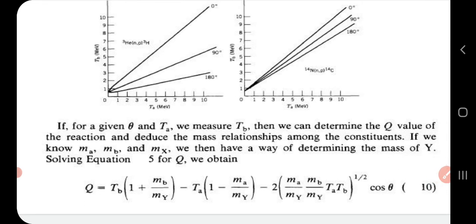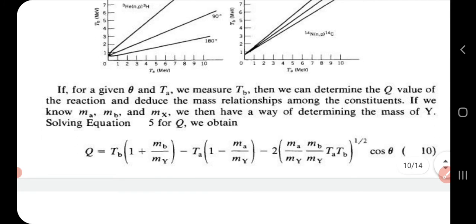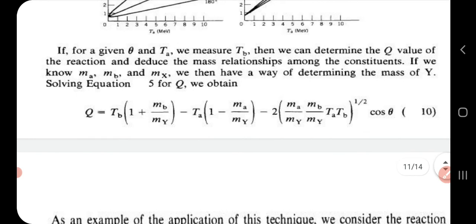Now for a given value of theta and Ta, we can measure Tb, and then we can determine the Q value of the reaction, and finally we can deduce the mass relationship among the constituents. Constituents means among the reactants and products. Now if we know Ma, Mb and Mx, we have a way of determining the mass of Y, that is a product, and here they have solved equation 5 in order to get the Q value of the reaction, and they have obtained the Q value of the reaction as